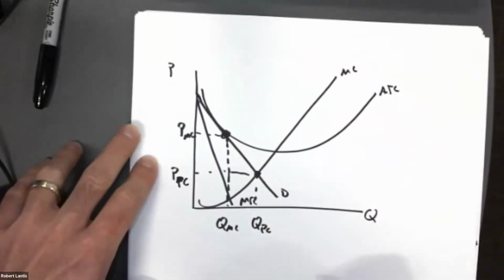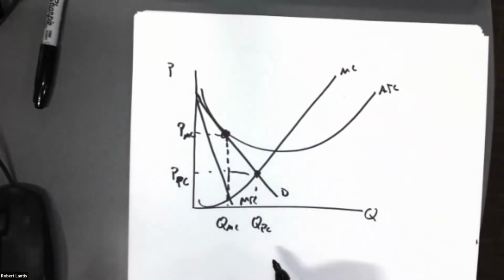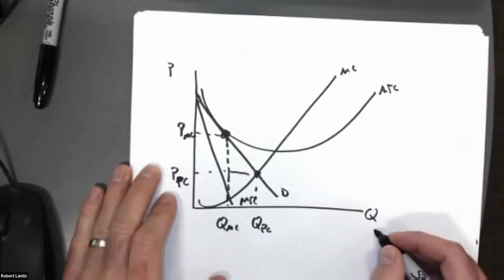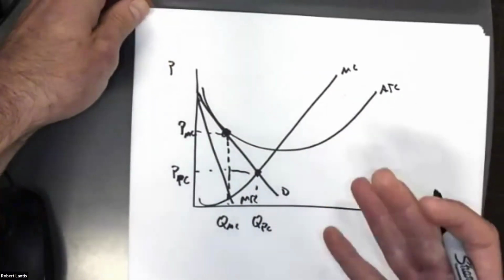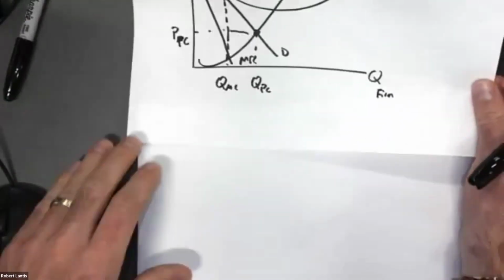So the price that the perfectly competitive firm would choose is always going to be lower. The quantity is always going to be higher. Okay. So that one's, I think, a little bit easier because we're looking at everything on the firm level basis. However, if we're comparing a monopolistically competitive firm to a monopoly, what we have to remember, well,